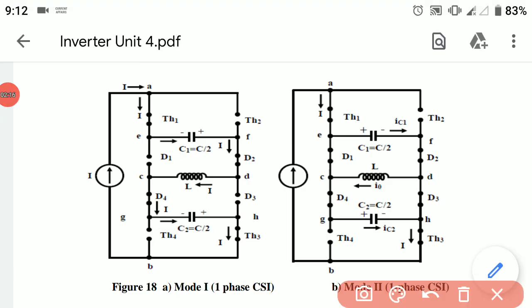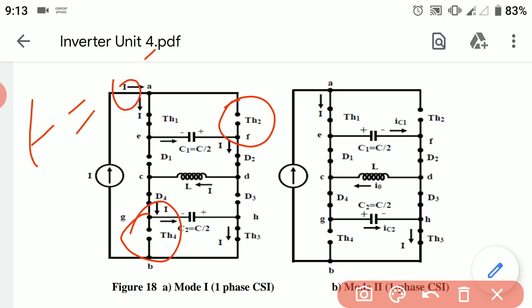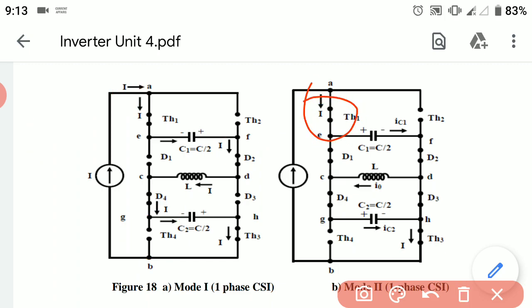Here is the circuit diagram for mode 2. As we can see, all the four diodes are working here. These are short circuited, that is, forward biased. The thyristors TH1 and TH4 are conductive. The thyristors TH2 and TH4 are only forward biased for the t is equal to 0 minus condition. After that, the thyristors TH1 and TH3 will conduct.